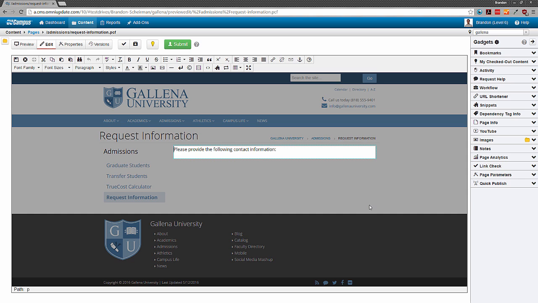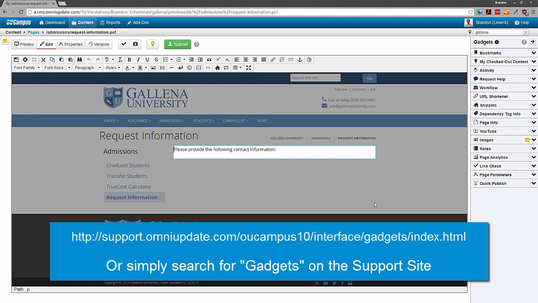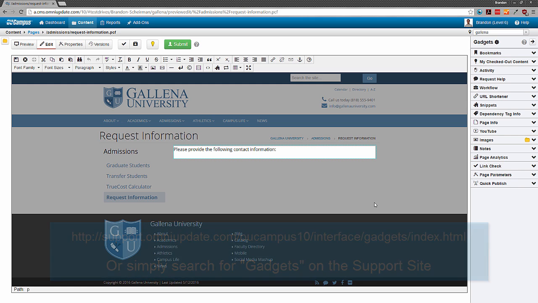In the future, there may be more sidebar gadgets that are released that become context-specific. If you're curious as to where in the system gadgets will be available, or any other basic pieces of information like that, be sure to check out the pages for these gadgets on the support site. That will tell you where the gadget resides, whether it's the dashboard, the sidebar, or both, and also whether it's context-specific. Now at this point, you know the basics of gadgets.